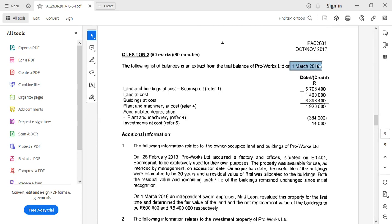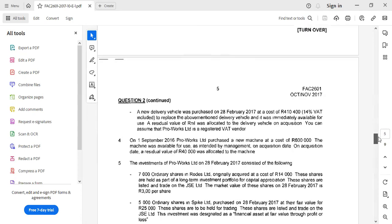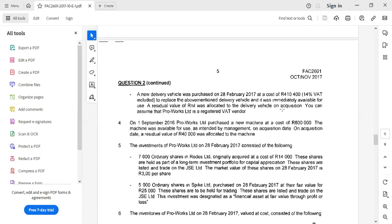So there was an error. We assumed that the 1920 includes the new asset. Here the new asset was not included because these balances were at 1 March. If you can see, they are saying these balances were on 1 March, isn't it? Yes. It was before the purchase. The new machine was bought on 1 September, so it was not included in those balances. Is that right? Yes. I assumed that it's included, which was wrong. So can you